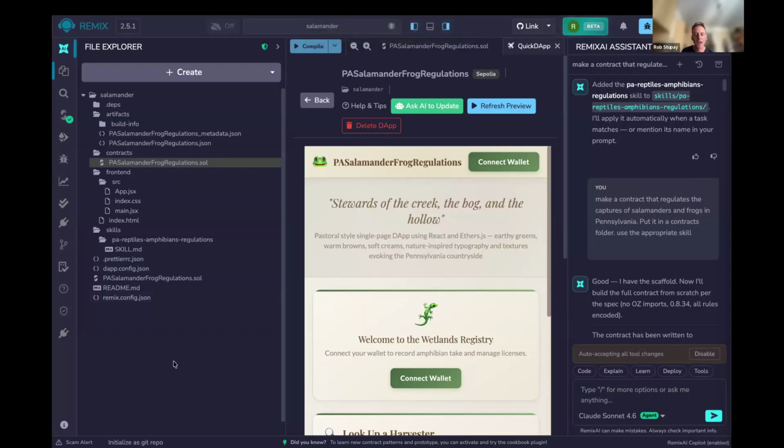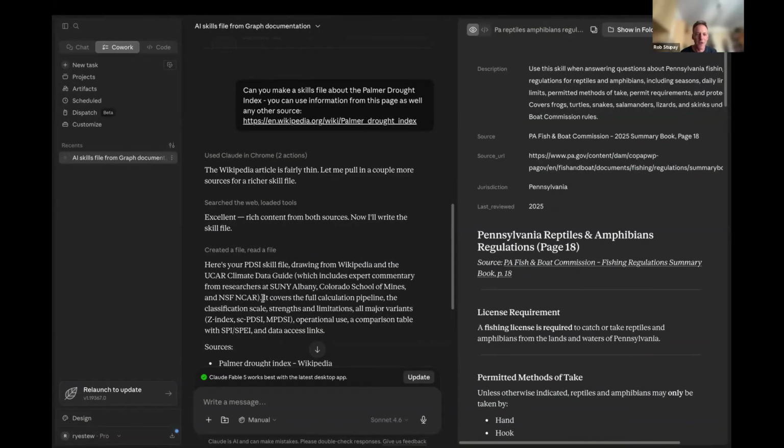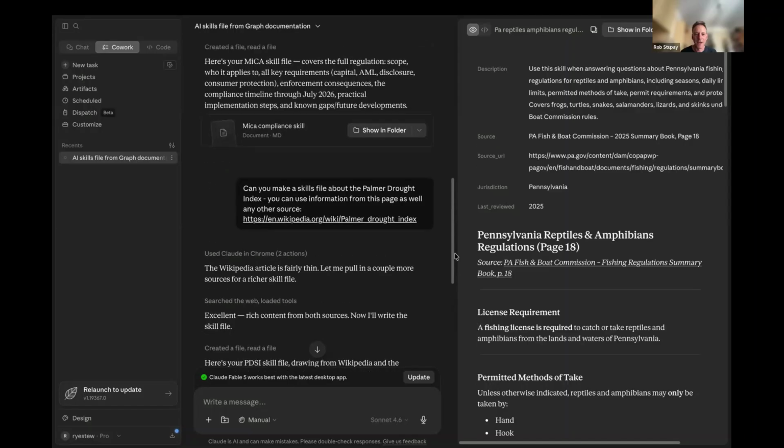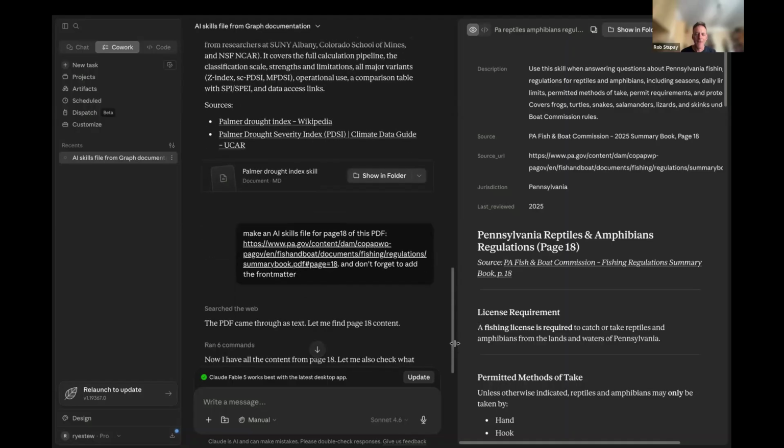And then actually I asked first, I mean, the best approach was to use Claude. Let's see, do I have Claude over here? I have Claude over here. So my query in Claude was, can you make a skill about, well, this is about the Palmer drought index. I found on page 18 of this PDF some information about catching amphibians in Pennsylvania.